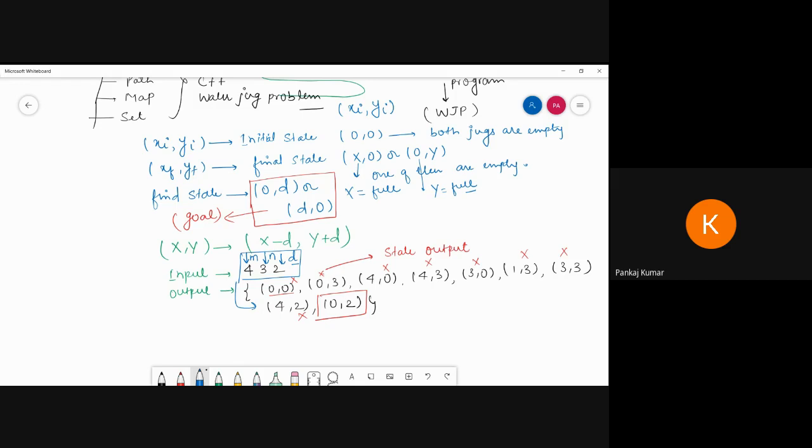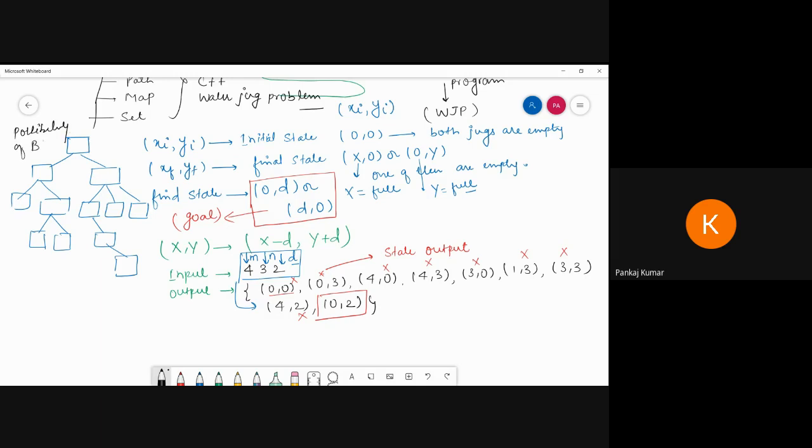Now see, I am talking about this one. It will create like this, then explore like this, then again explore like this. It may be like this also, this one is also a possibility, if we explore to reach the goal. So these are the possibilities of DFS.